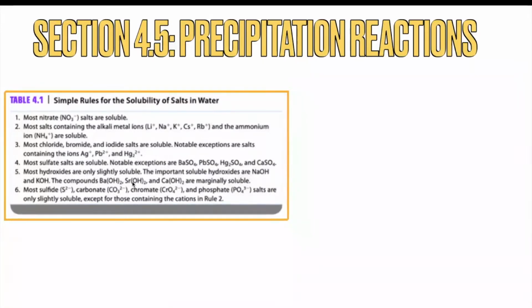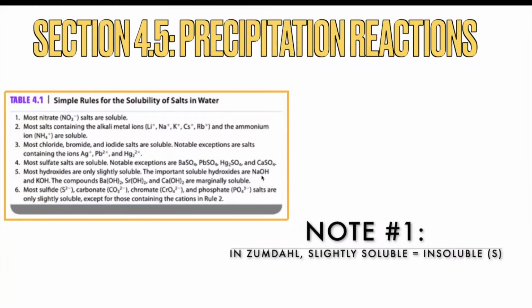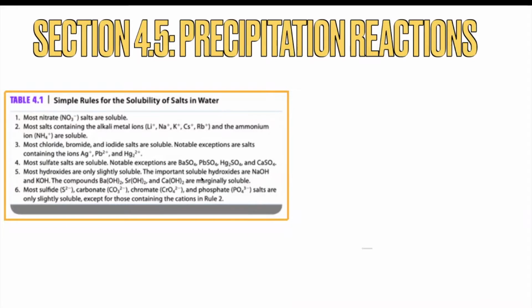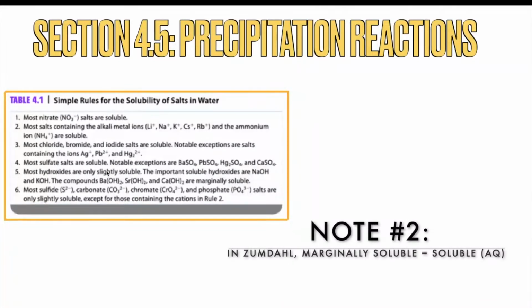Most hydroxides are slightly soluble, but again, the soluble ones, meaning the ones that are always going to dissolve here, are sodium hydroxide, potassium hydroxide. These ones, again, are marginally soluble. I love the fact that they use terms like slightly and marginally. Like, what does that mean if I'm asking you if it's soluble or not? The ones that you need to know